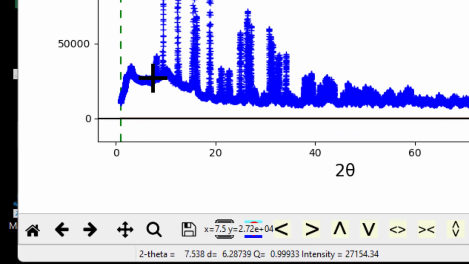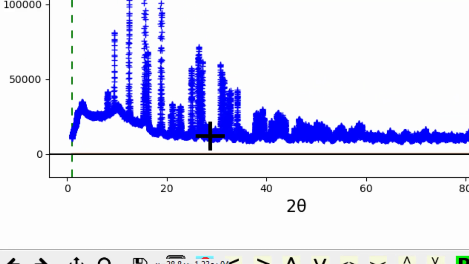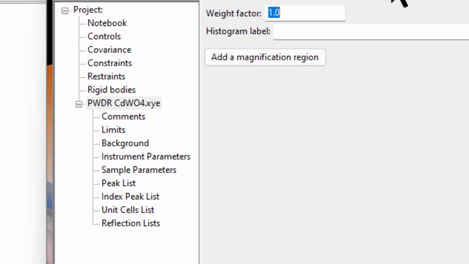So if you move your cursor on the XRD spectra, you will see this value is around 6.7. And how do you know this number? When you move the cursor, you can note the values over here in the bottom. So this is around 7, and I may go up to here. This is around 29. So what you need to do is come back to the main window